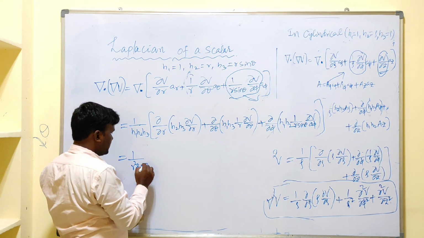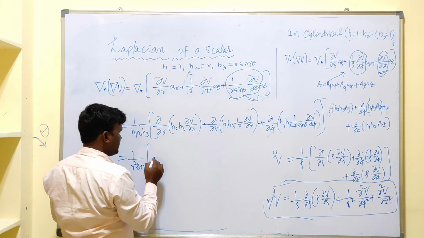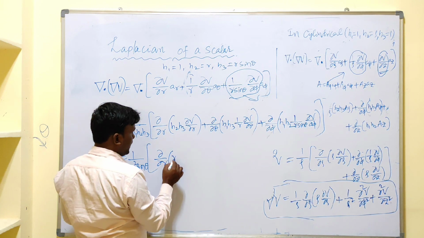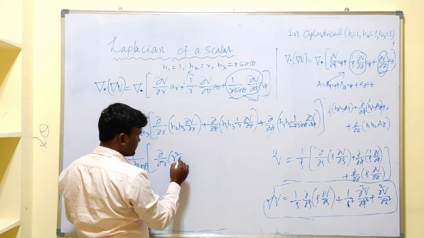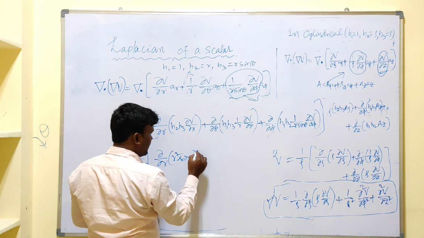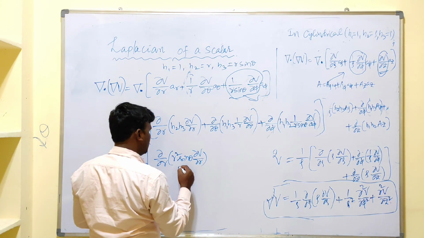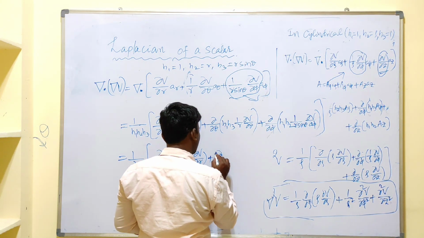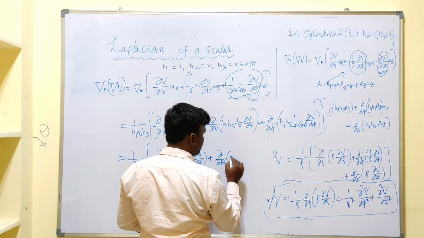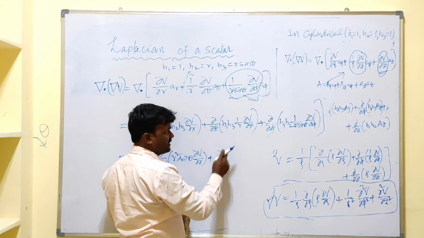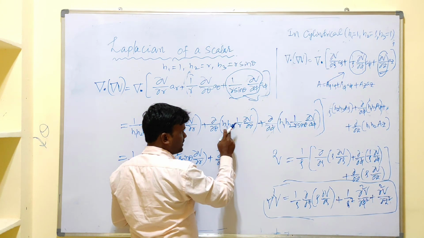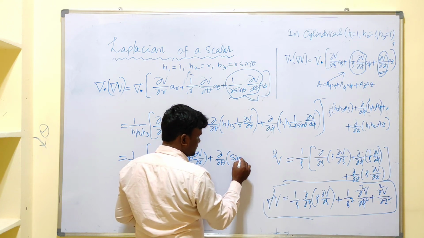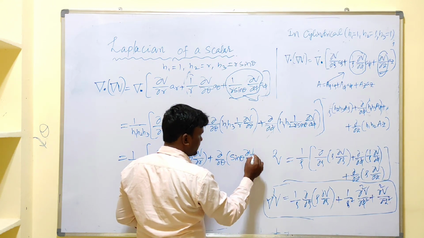And 1/(H1 H2 H3) is nothing but 1/(r² sin θ) times ∂/∂r, and H2 is what? r. And what about H3? r sin θ, meaning r² sin θ ∂V/∂r, plus ∂/∂θ. For H1 H3, H1 is 1, H3 is r sin θ. Already here we have 1/r, so r sin θ by r gives sin θ, into ∂V/∂θ, plus